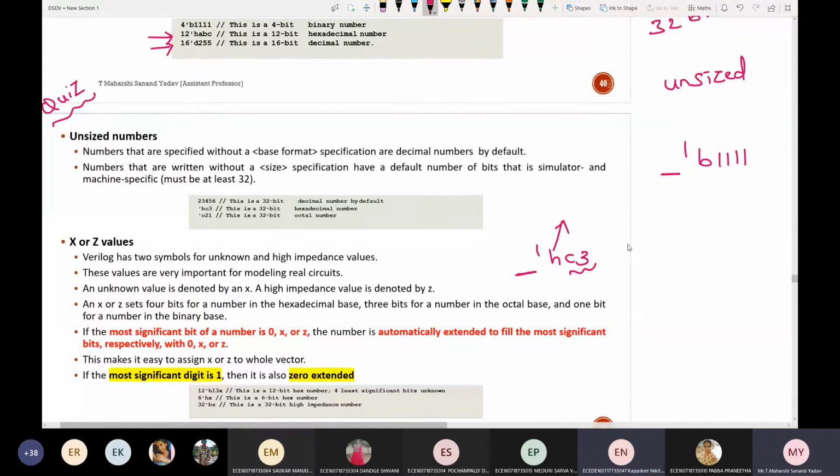If you want to represent this hexa in terms of binary, it is 'b. For better understanding I'm mentioning it as dash, but you should not mention it like this. Next, 1100.